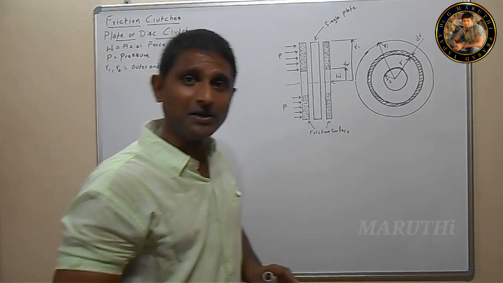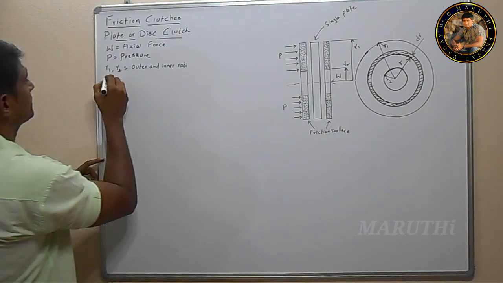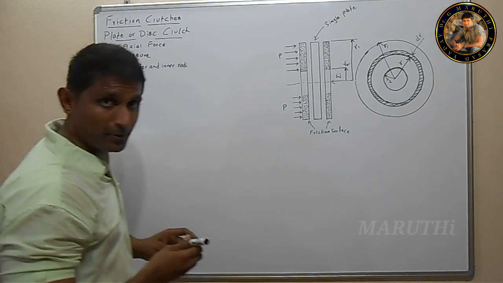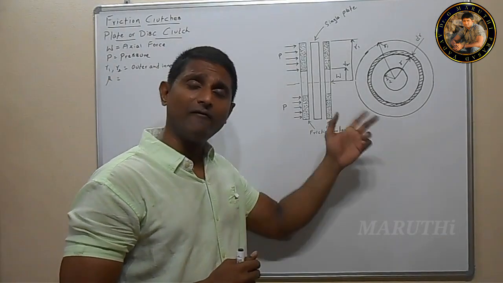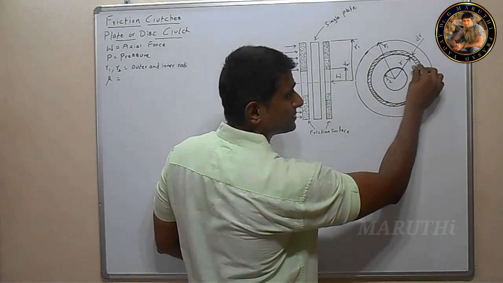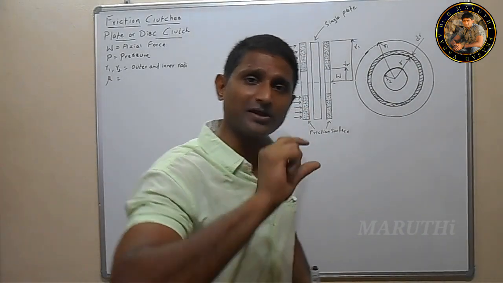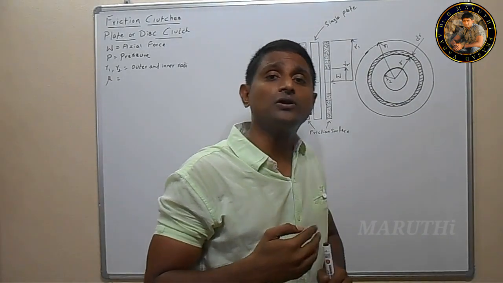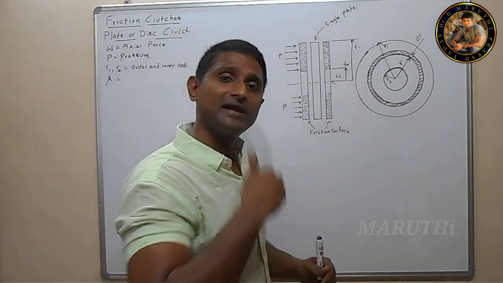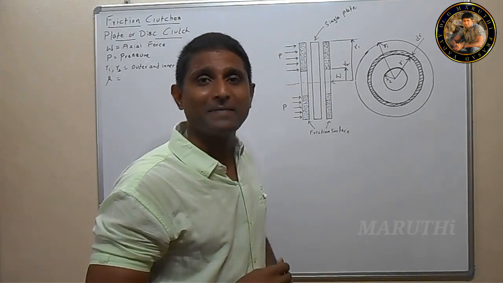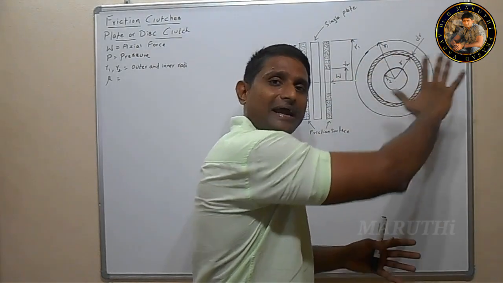Outer and inner radius of the plate, and thereafter we have the coefficient of friction mu. These are the terms to be considered. Now have a look at this one. Let us consider a ring portion, the shaded portion you can see here. We are considering an elementary ring, from which we can find the torque transmitted because of contact only at this small area. Then integrating between the minimum and maximum limits, we get the torque transmitted because of the contact of this entire area.